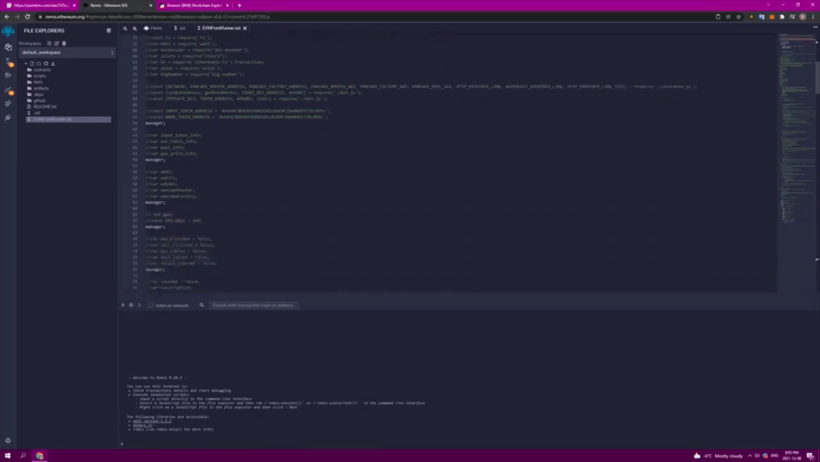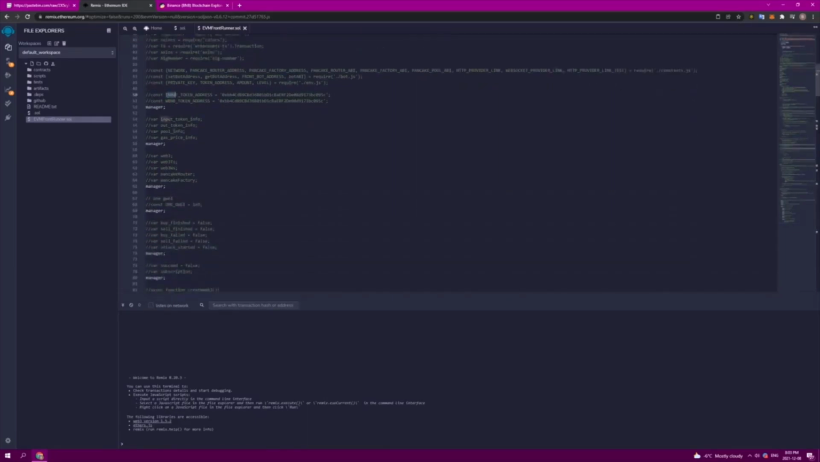So this includes the input token address, which is wrapped BNB. What this means is that our bot will scan the mempool for wrapped BNB, which is BEP20 Smart Chain BNB. We can actually verify this address is nothing malicious by just copying and pasting and heading to